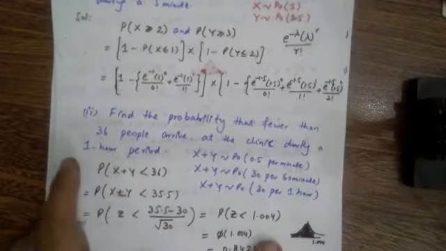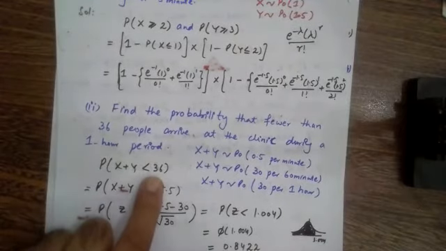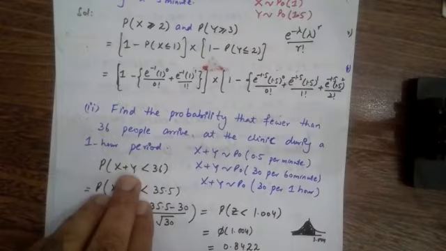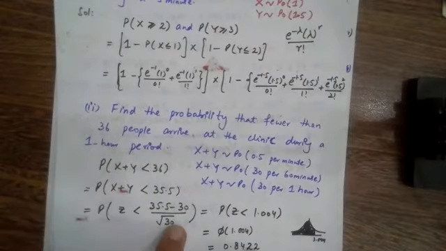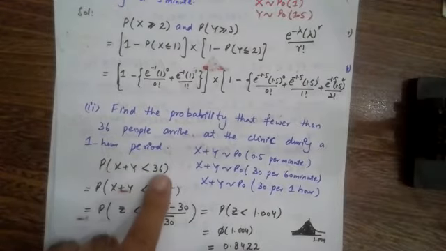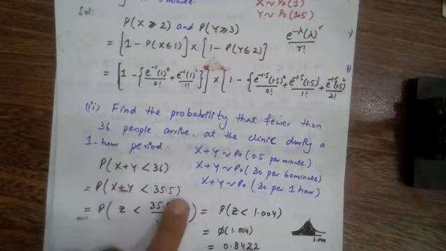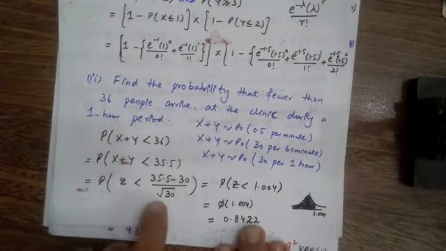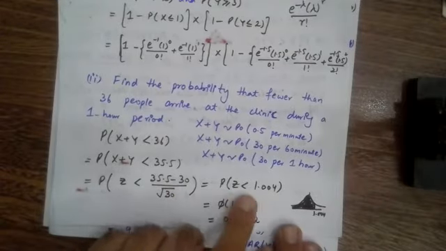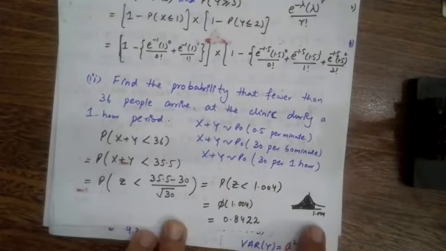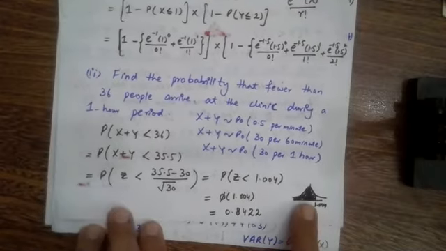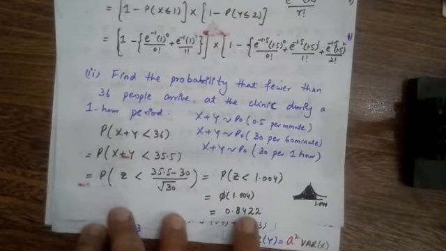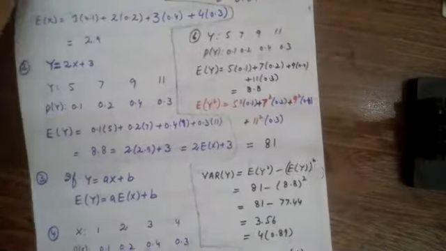Okay. So since I am applying a normal distribution and the Poisson distribution is discrete, and I am moving from discrete to normal, I will apply continuity correction. And over here 36 becomes 35.5, and then converting it to z, z is x minus mu over standard deviation. Probability z less than 1.005 is equal to phi of 1.005, indicated by this shaded region, and it is read from the table, it becomes equal to 0.8422. Last but not least,